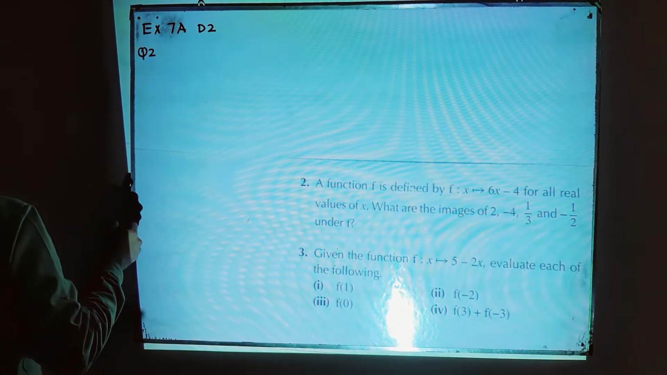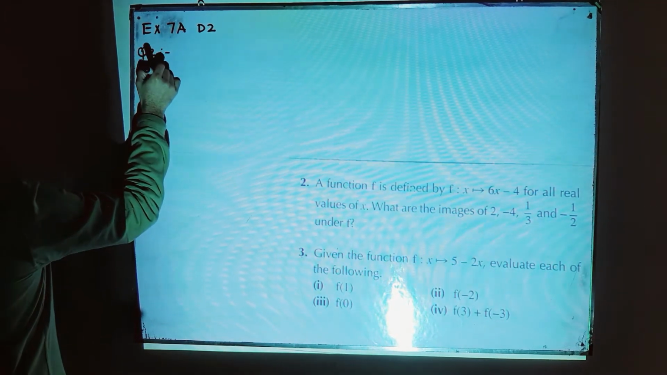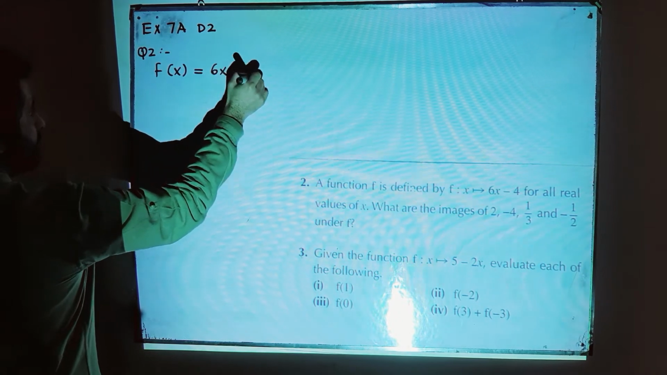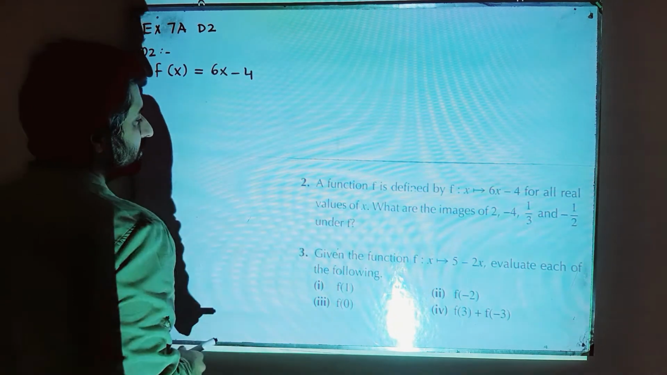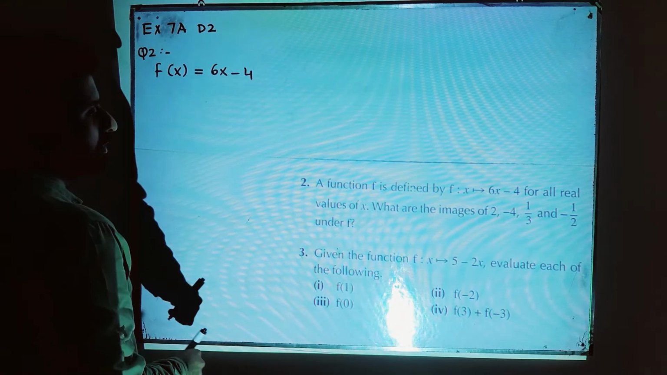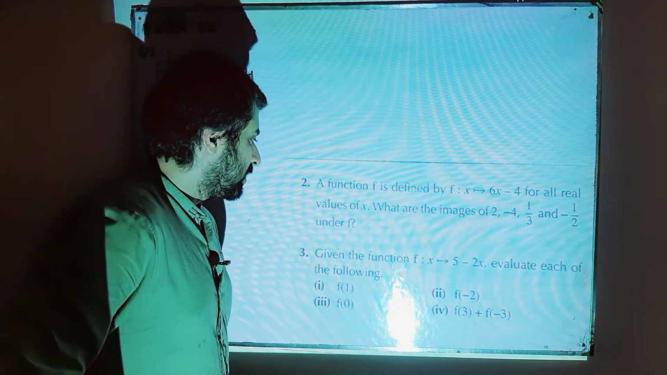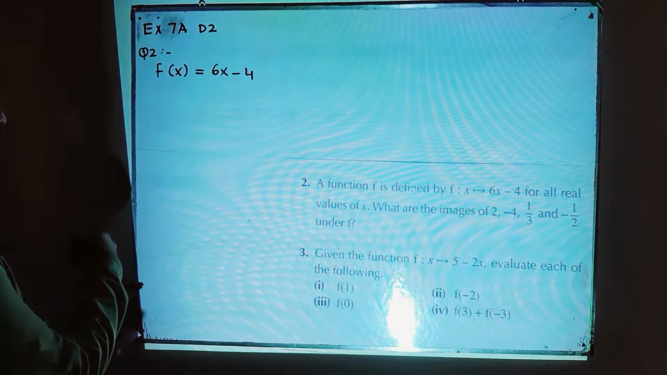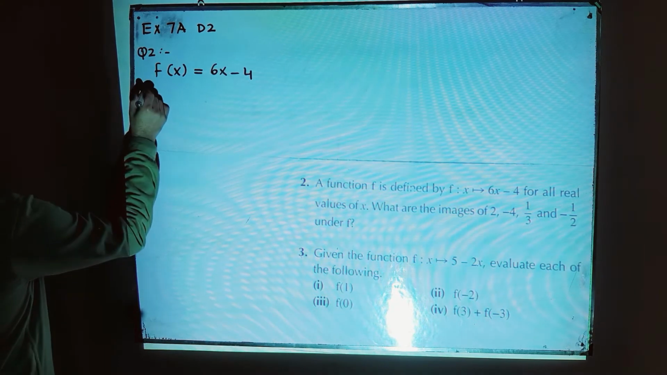Topic is function. So a function f is defined by f of x is 6x minus 4, and this is defined for all the real values of x. Now what are the images of 2, minus 4, 1 over 3 and minus 1 by 2 under f? You need to find the images when the values of x are 2, minus 4, 1 over 3, minus 1 over 2. So when